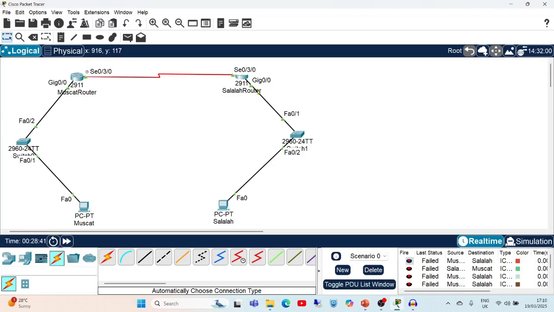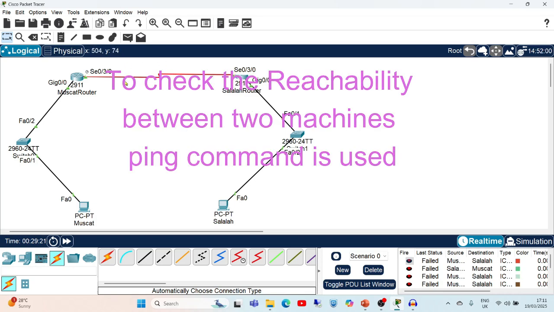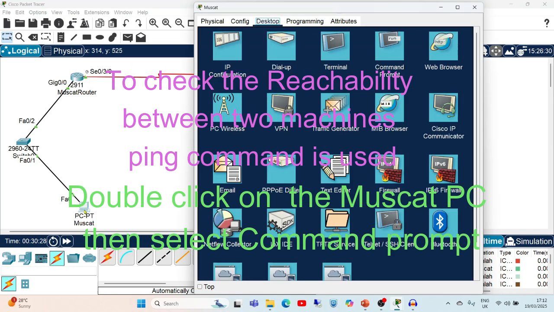Make sure that here you are using interface 0/0 and, for this router to router connection, the serial port. I have selected this delete icon, deleted the connection, selected the connection type again and re-established the connection. Now see, it is automatically taking the value gigabit 0/0 and fast Ethernet 0/1, and serially it is connected with this router.